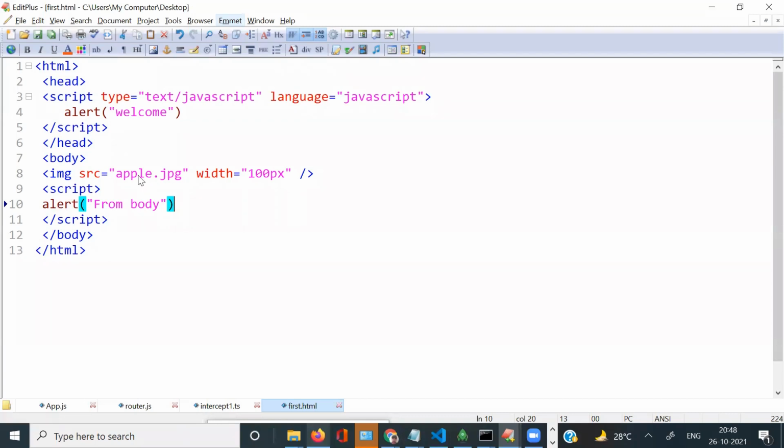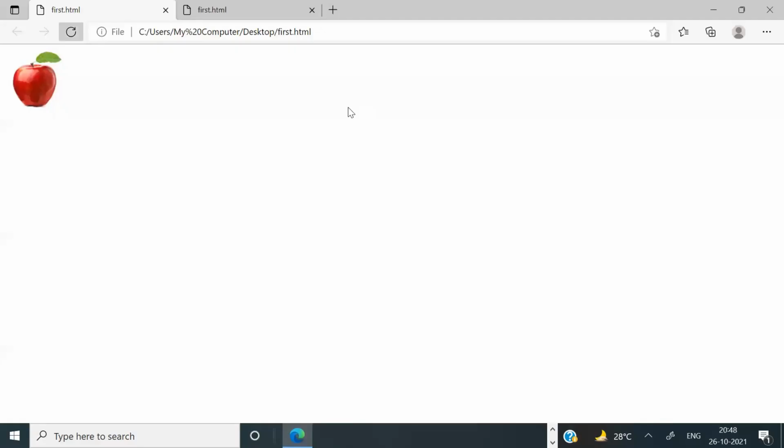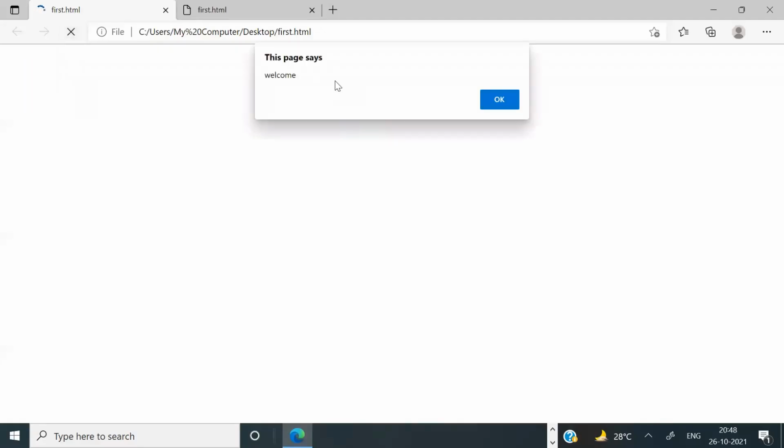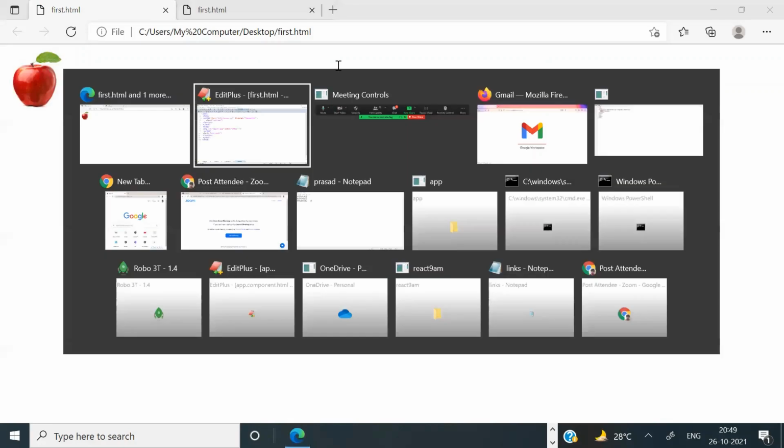Now you can see this time I'm not using the type and language, because I told you it is not compulsory to use type and language every time. Now come to this point. Here, when the body is loaded, then the image is coming. Both are executed. Now I have a small requirement in this point of view. What is the requirement? My requirement is,